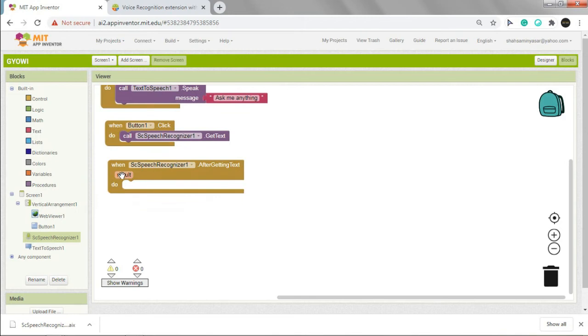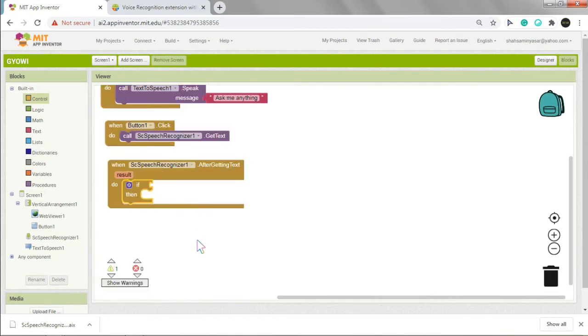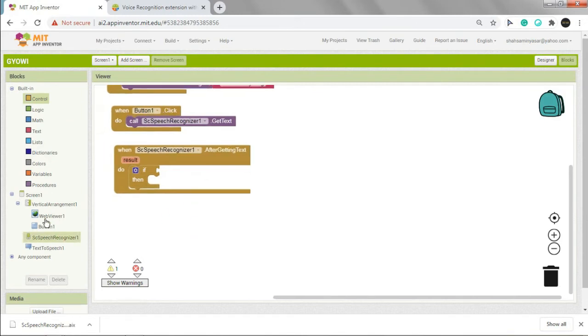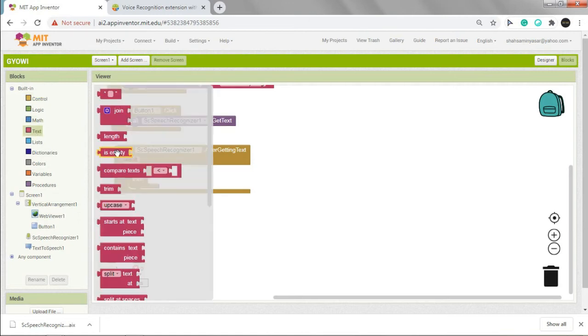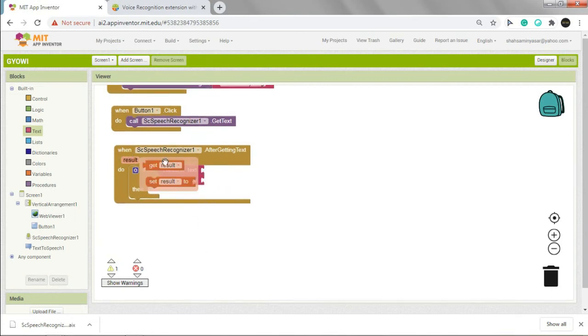if result, after getting text, if the text contains, go to text, and you will get contains. If contains text piece, text from got result.